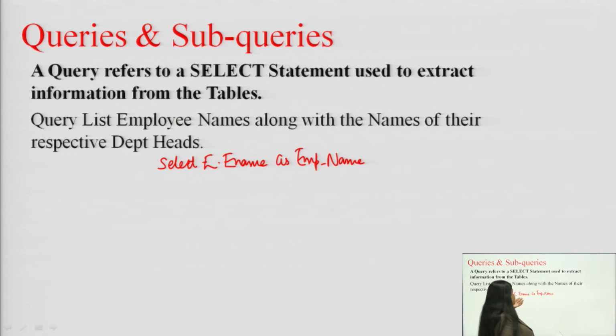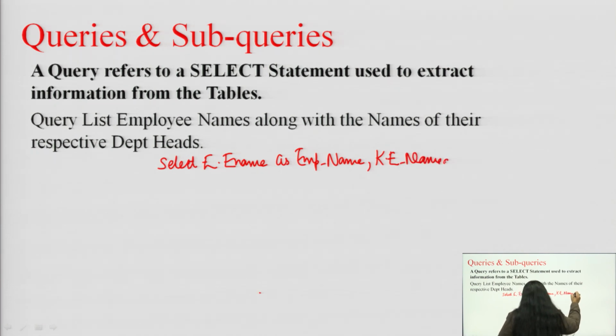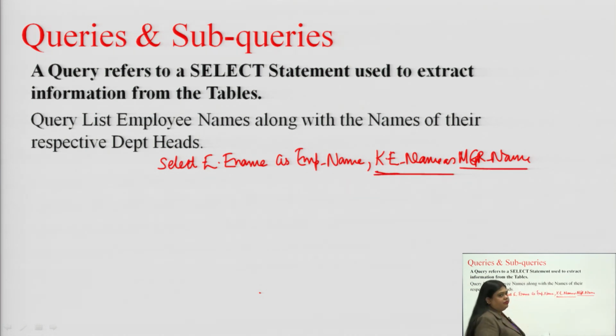So, employee name has been named as E dot name. E stands for the table. So, we are going to rename the employee table also using E, right. How will we do it? We will see. Then comma K dot E name as manager name. So, in the database this was the manager name, this we have renamed as K dot E name, right. So, this is all the renaming that we are using over here.